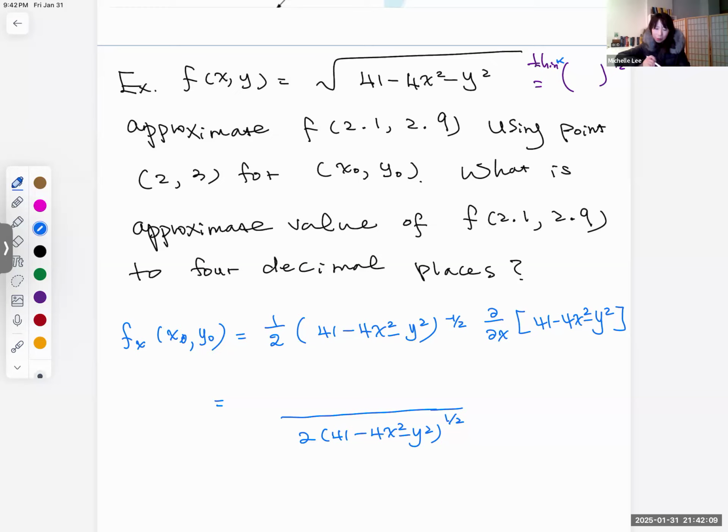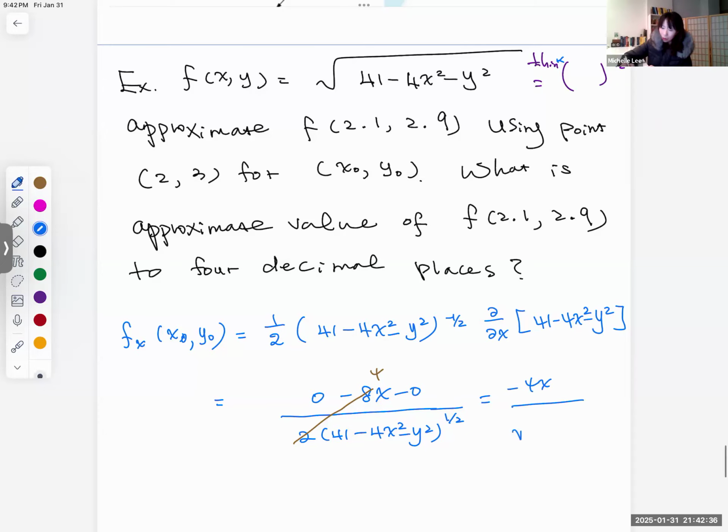Partial derivative with respect to x: this is 0, right? 0 minus the partial derivative of 4x squared, which is 8x, and minus 0. Okay, we can simplify, so we have negative 4x